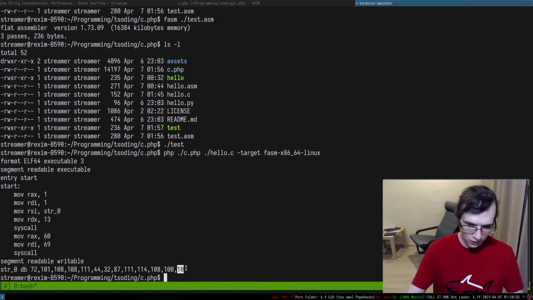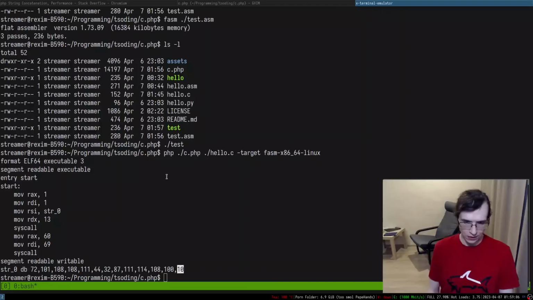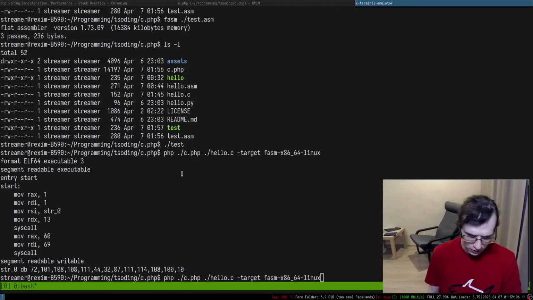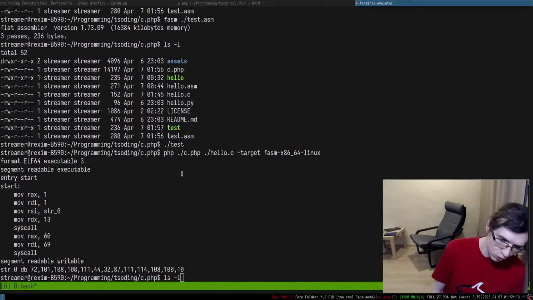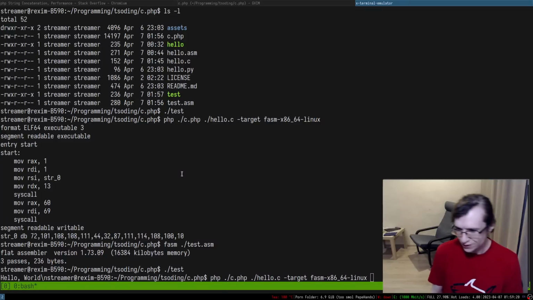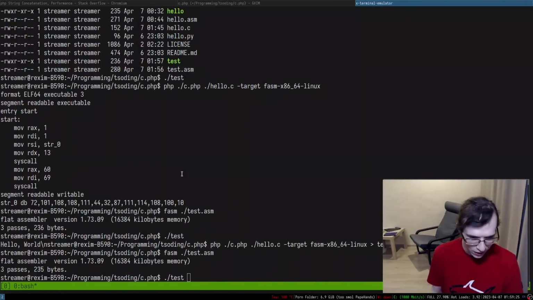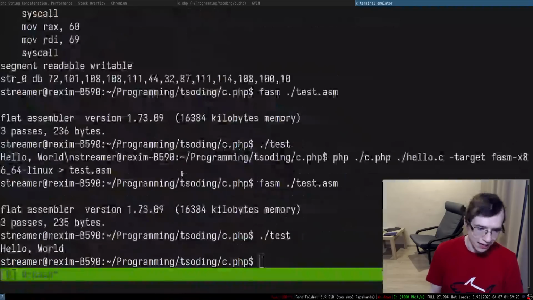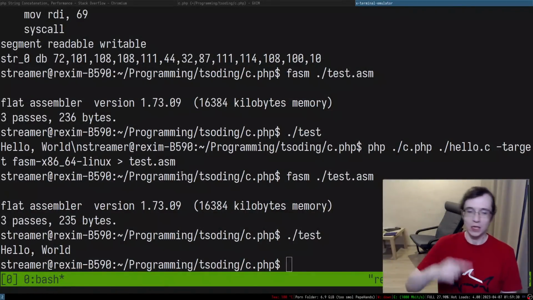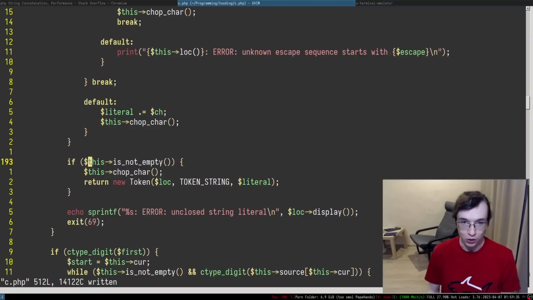There we go. As you can see, if you take a look, we have 10 at the end of the string literal. We have 10, which is a new line. Is it new line? I think it is new line. Okay, so let's now try to do fasm, and I'm gonna run this entire thing. Yeah, I forgot to save it into test asm. Right, so let's try to recompile it one more time. Boom, look at that. New line. New freaking line. We do support escaping, and we do all of that properly.